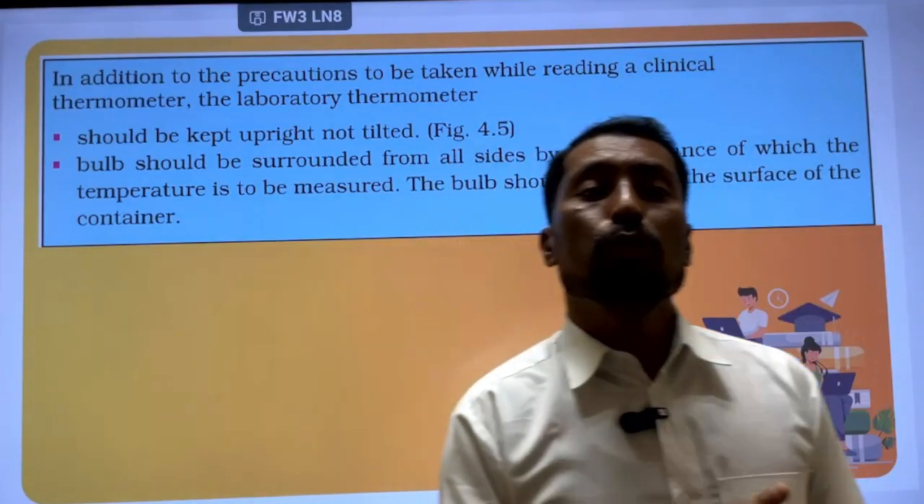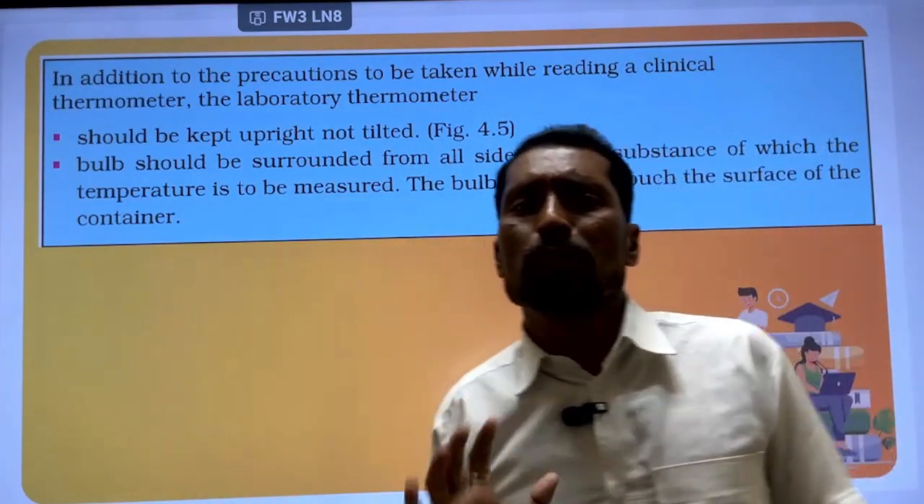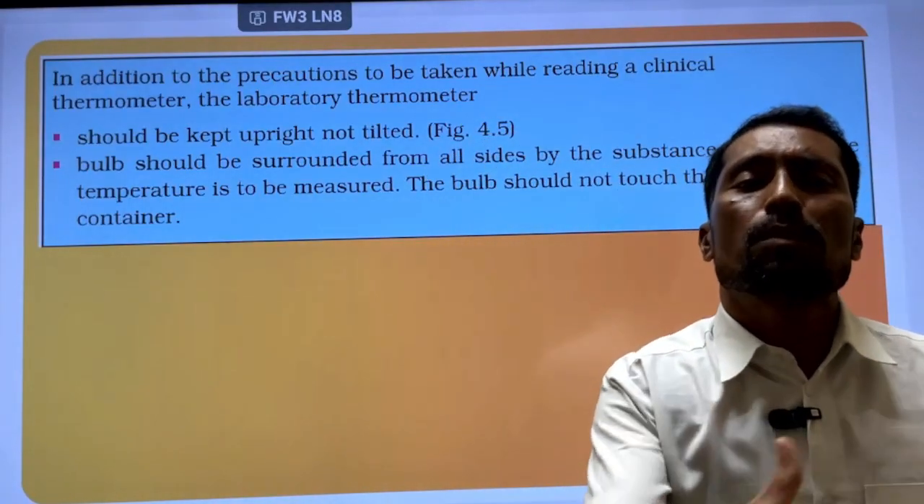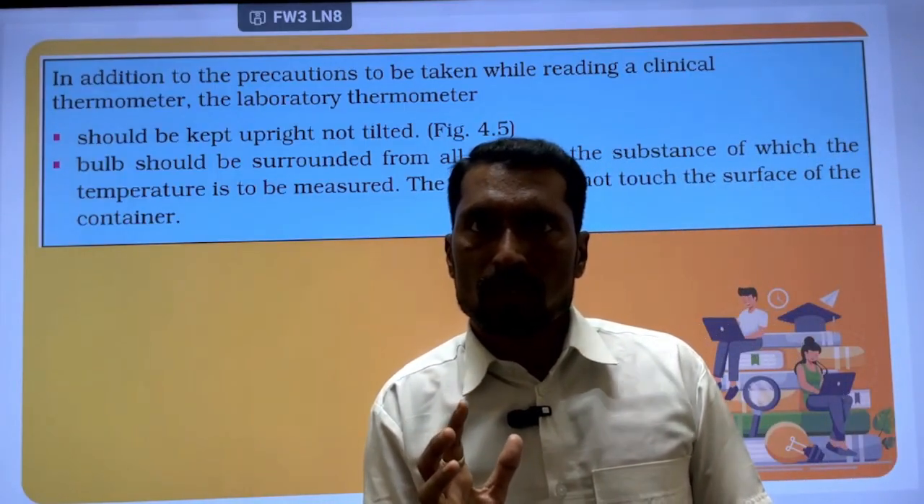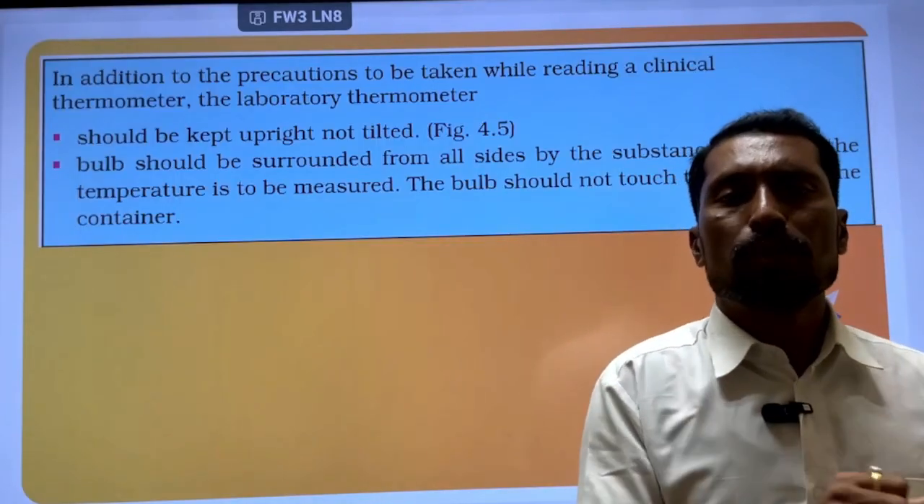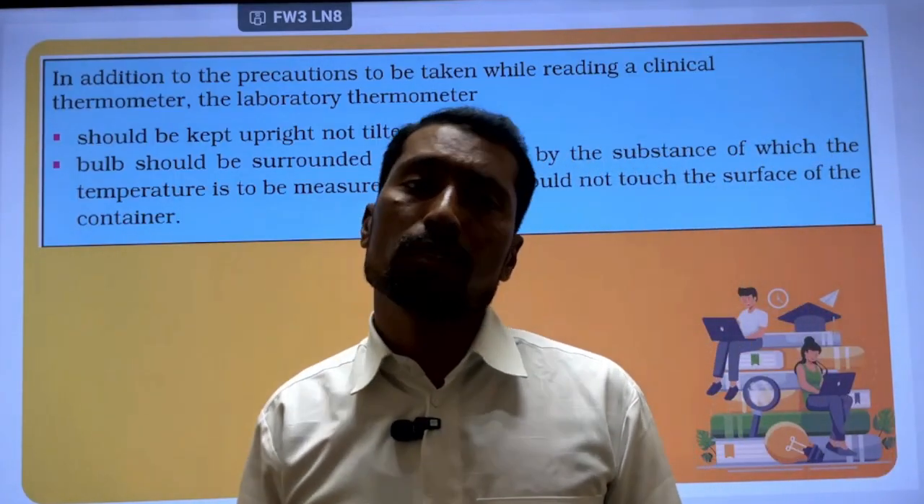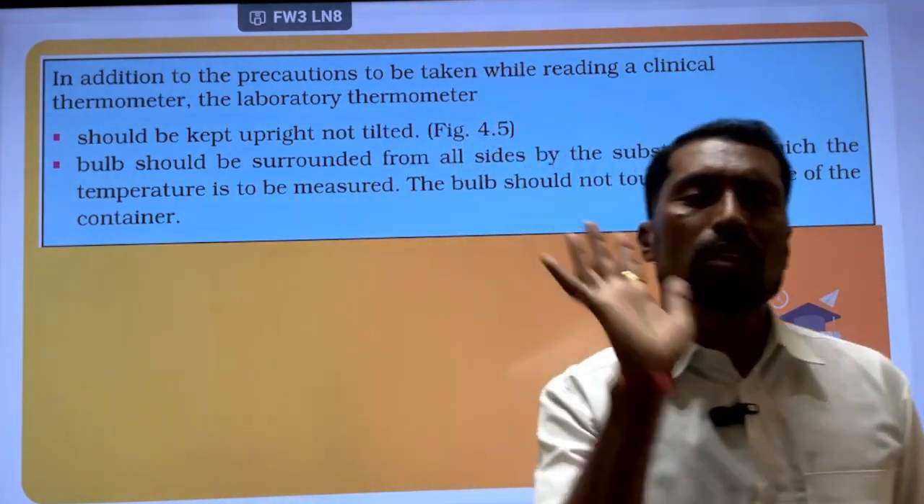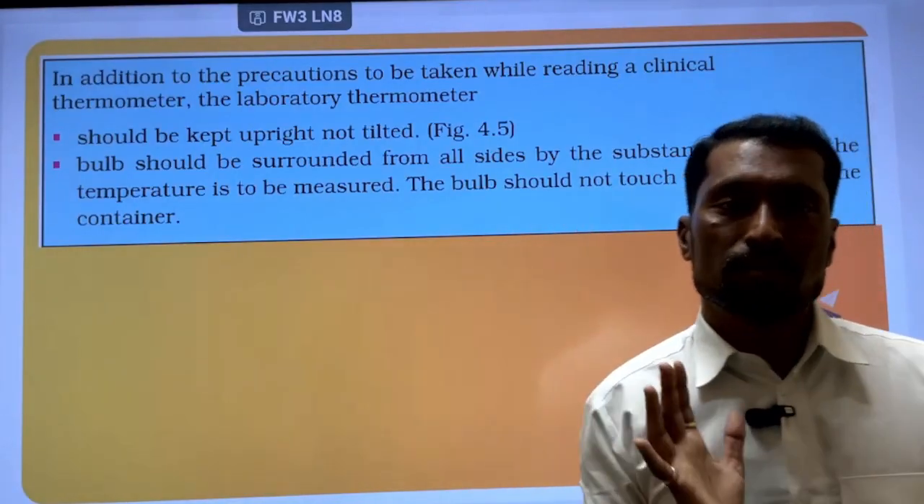So how do we measure the temperature of other objects? By using a laboratory thermometer. Why do we not use the clinical thermometer to measure another object's temperature? Because clinical thermometers are designed to measure the temperature only between